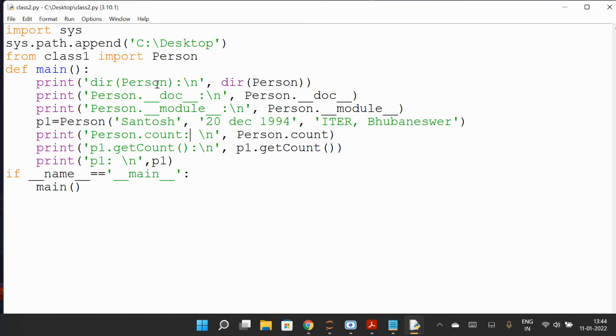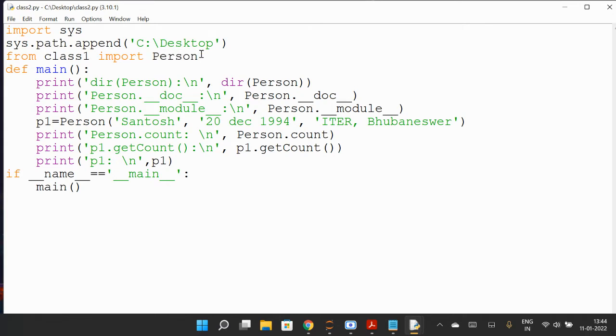So the main thing is that we have not defined this person class explicitly, but we are using it here. We have just imported it from that program. And then we are getting p1.get_count and printing p1. If I run it, you can see you will get the output. The directory of this class, this person and everything, you will get the output of this program. The main thing you have to understand is that we can import this class from another file.